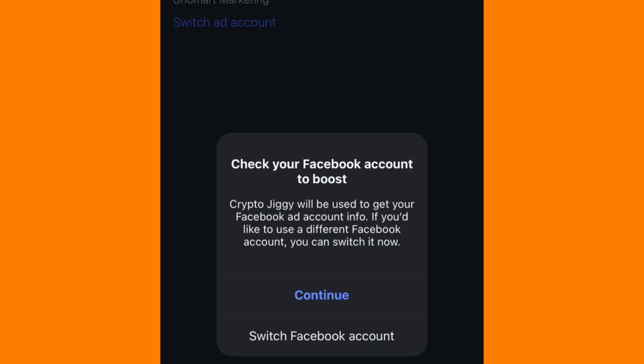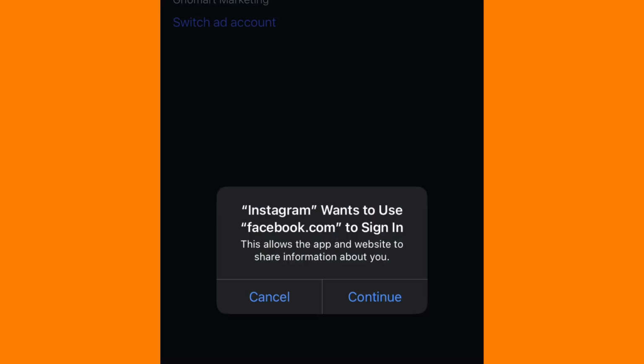So what that simply means is that if you want your Instagram account to be connected to that ads account that you have just funded, or that you have set up your ad manager app with, you have to log it in. So if you click on continue now, it's going to take us to the web version of Facebook on mobile and ask you to log in, right? So you want to ensure that you're not only logged into your Facebook via the app, you're also logged in via the web. All right, so if I click on switch Facebook account,